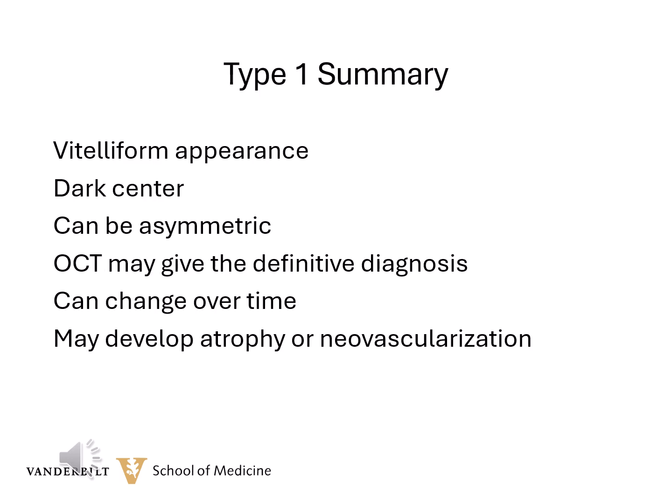So in summary, I have found that type 1 pattern dystrophy is often misdiagnosed as age-related macular degeneration. The typical finding is a vitelliform appearance, usually as a circle, but it can take a variety of shapes. Many times you'll find a dark center, but oftentimes you don't see that unless you put the slit beam just off center and you see that darkness in retroillumination. You can have asymmetric findings, and sometimes the OCT is the only way that you can really give a definitive